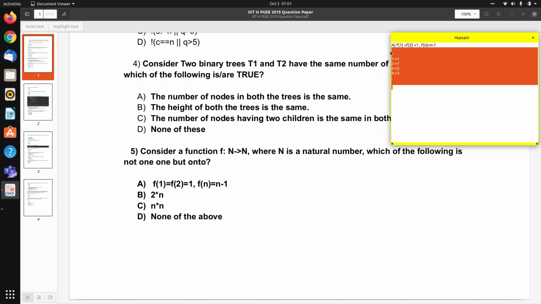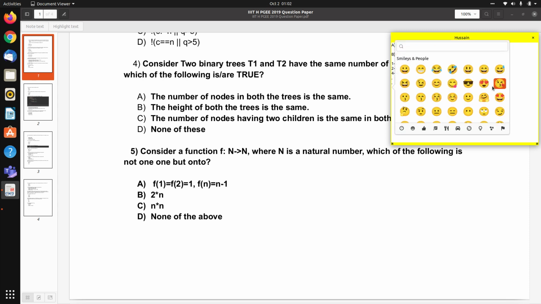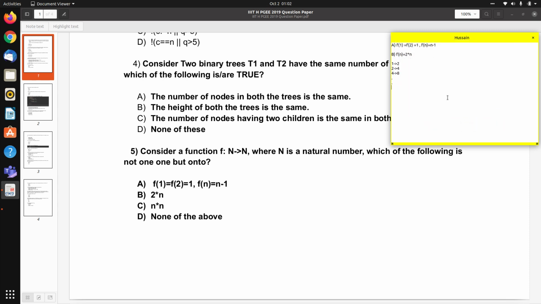But let's look at options B and C. This way we can practice more. f of n equal to 2 multiplied by n. So 1 will be mapped to 2, 2 will be mapped to 4, 4 will be mapped to 8, and so on. In this case we can see that there is a one-to-one correspondence from i to 2i.